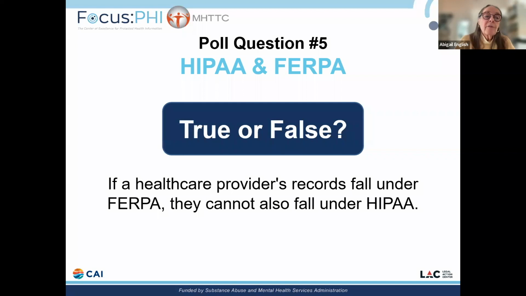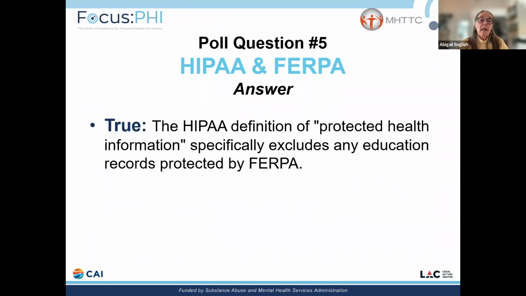So about a third of you said that it was true, and about two-thirds of you said that it was false. So let's look at the answer. It's true. The HIPAA definition of protected health information specifically excludes any education records protected by FERPA. And I think that means we're ready to turn to our next